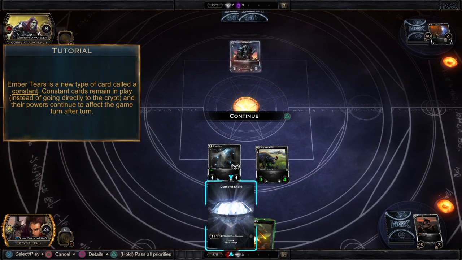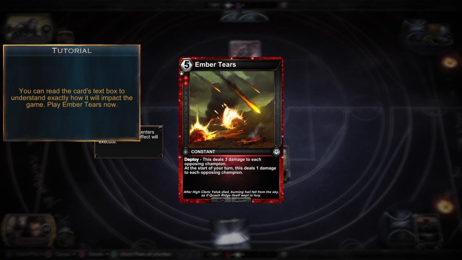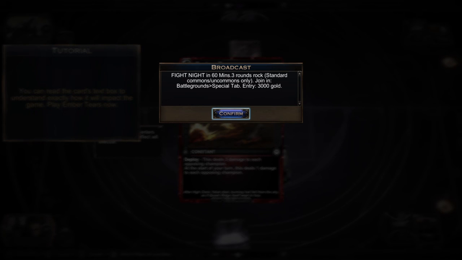Ember Tears is a new type of card called a constant. Constant cards remain in play instead of going directly to the crypt, and their powers continue after the turn. Deploy: this deals 3 damage to each opposing champion. At the start of your turn, this deals 1 damage to